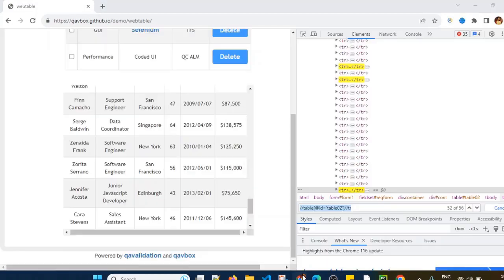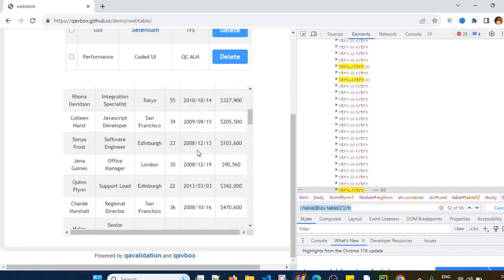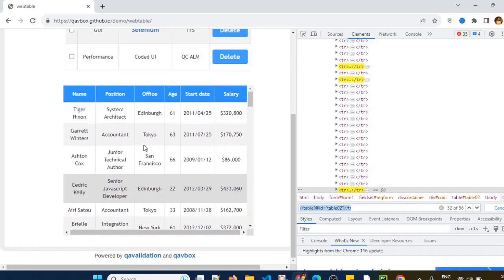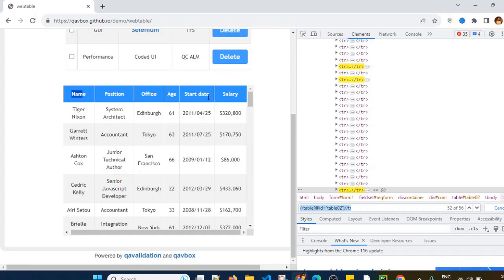So now let's go back to the HTML code. So where are the columns? One trick we can use is the number of table headers, that means the column headers. So these are column headers: name, position, office, age, start date and salary. And column headers are included in which tag? TH tag.